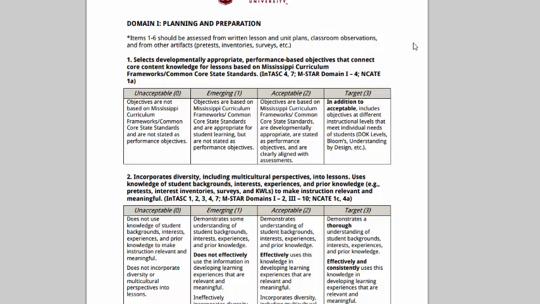Then I go home, I type up my TIAI, and I put it in TaskStream, or I send it to them, and I'll say, just review this. If you agree or disagree, let me know, and then I'll go ahead and submit it. And that's how that works. I don't fail student teachers. I don't try to unless it's really bad, but it shouldn't be bad by the time it gets to student teaching, because student teaching is a very stressful environment. My goal is to educate you and make you a better teacher.